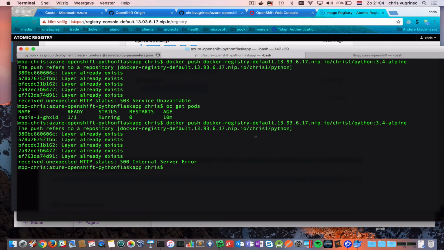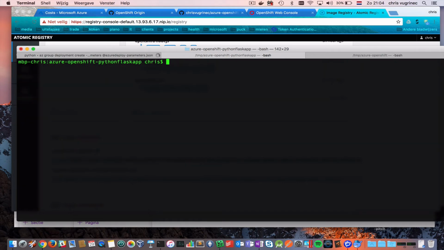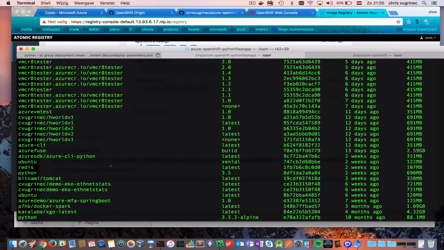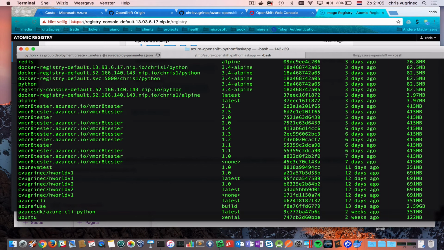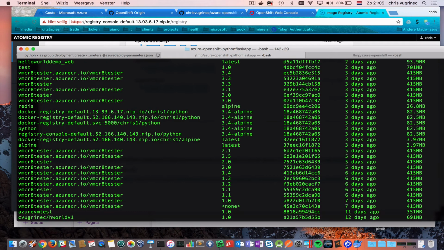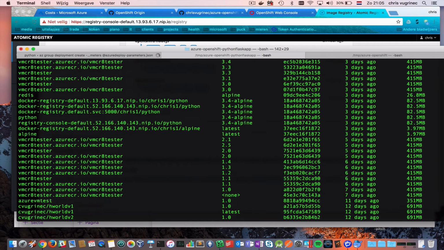I'll see what happens. So what happened here is I'm pushing it to this machine, but I'm not using the correct namespace. So what I need to do is retag it. I'm going to docker images, and I will tag Alpine with tag 3.4-alpine, and I will tag it